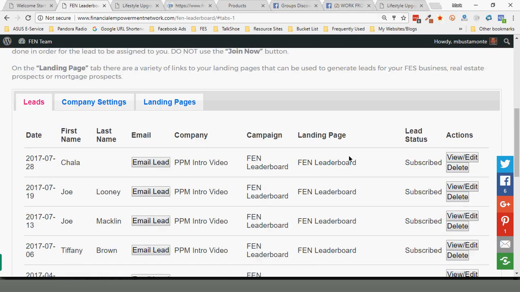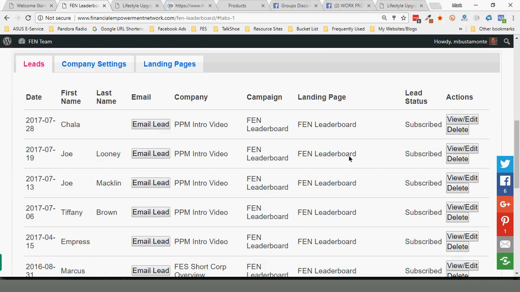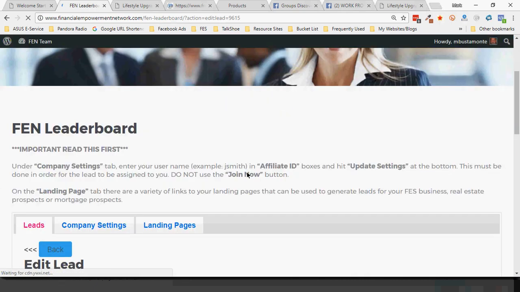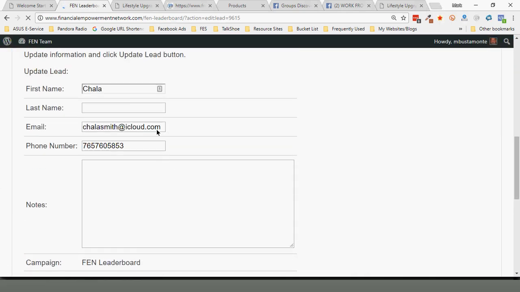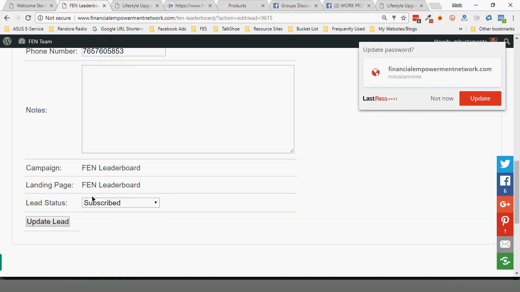But it's always a good idea to come back to the site when you get some time. A lot of times we can access our email from our phone, so when I get a lead through the system, it goes right to my phone email, so I can look to see who it is. Then later on in the evening, if I want, I can come back here, log into my system, and I can update the information regarding that lead. So by simply logging in, going to the leaderboard again, going to view and edit, I can actually update the information on that lead. It's going to give you the same information here basically that it gave you when it sent you that email, their email address, their phone number,